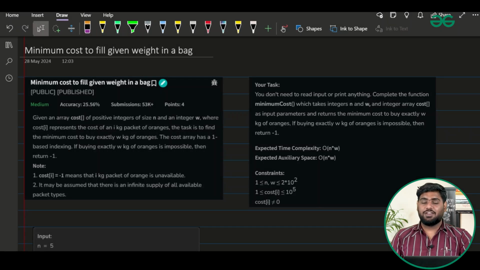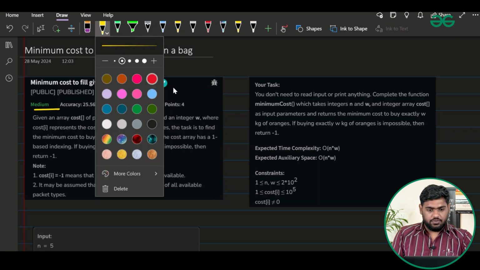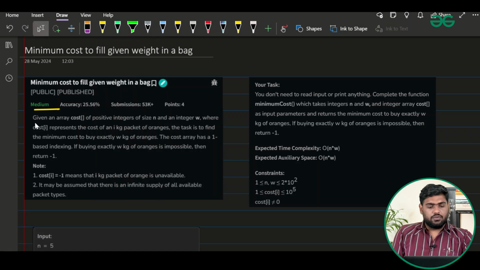Hello, so in this video, we are going to be solving minimum cost to fill given weight in a bag. Let's read the question once. The question is of medium level. The question says, given an array cost of positive integers of size n and an integer w, where cost